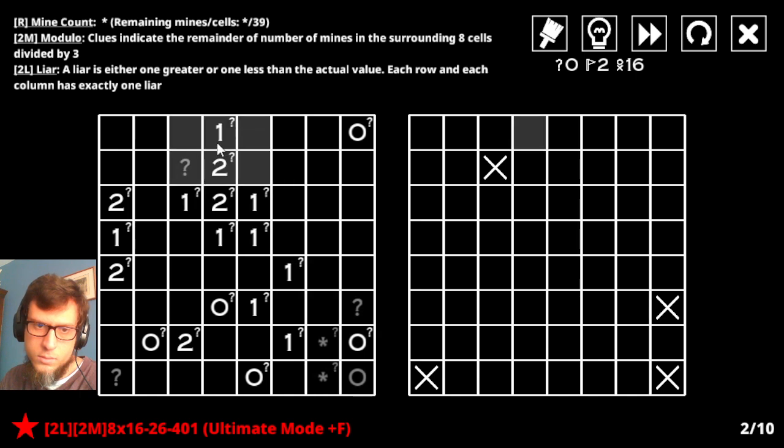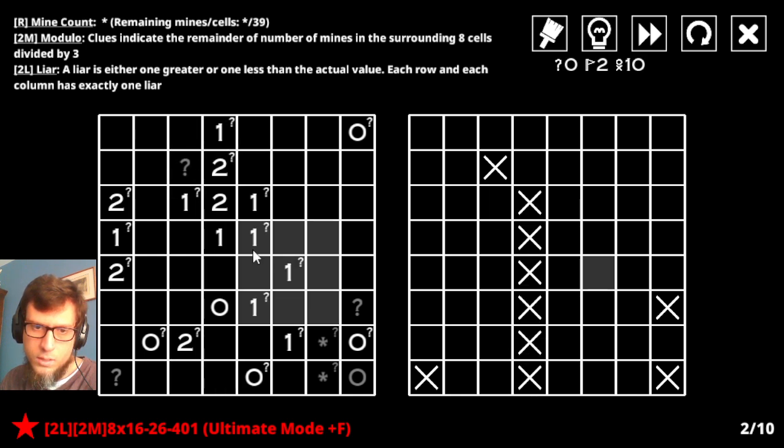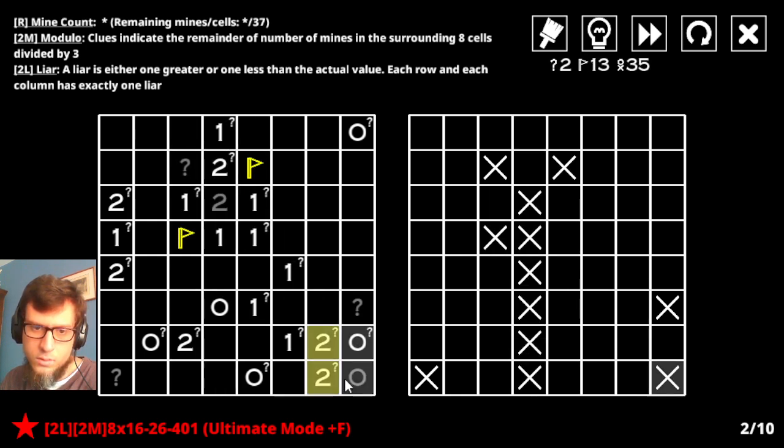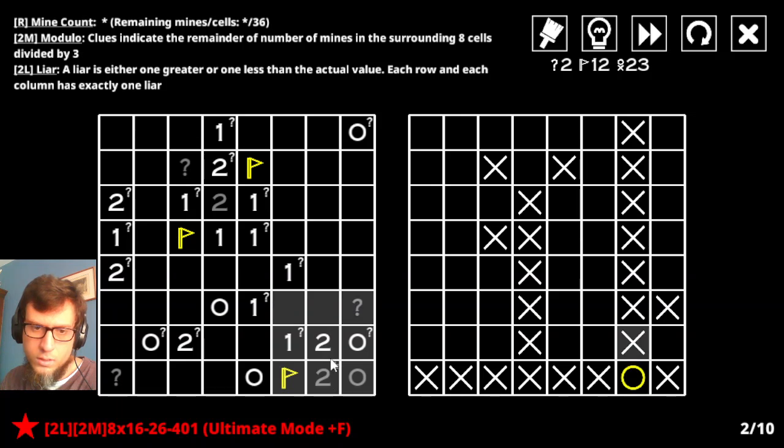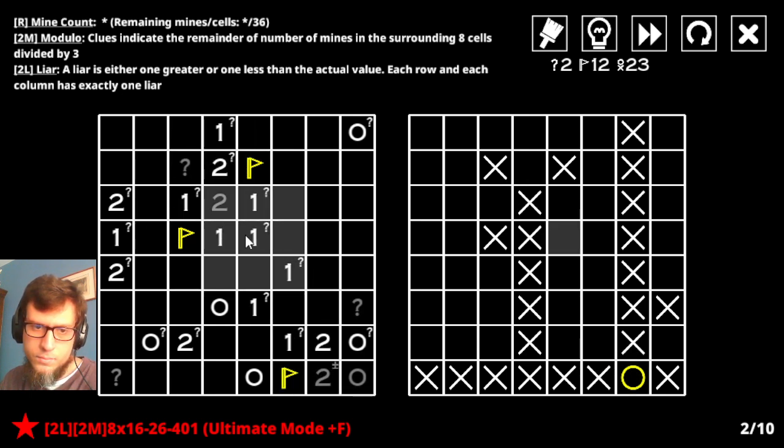Two mines is somewhere I can find. Okay, this 2 and this 1 overlap each other, which means one of them has to be lying. So, hello honesty for you guys. Oh, okay. Cool, you're lying. Yep, okay. Well, okay. Well, no,